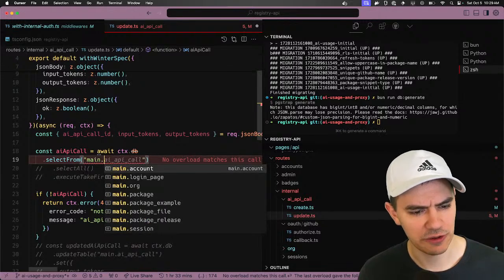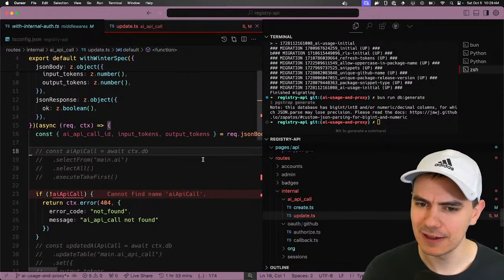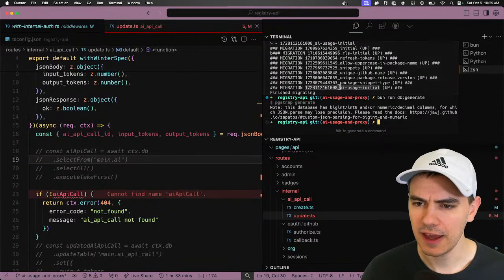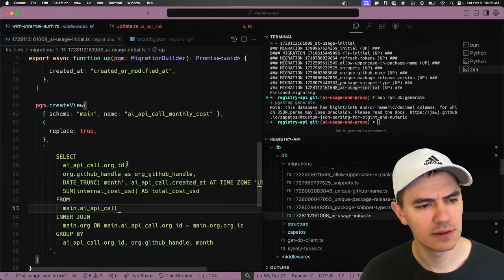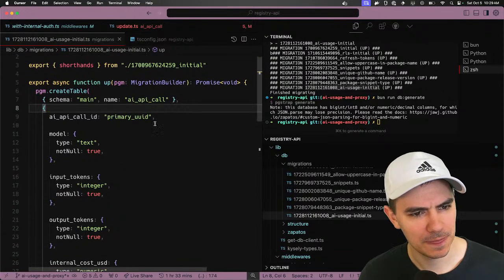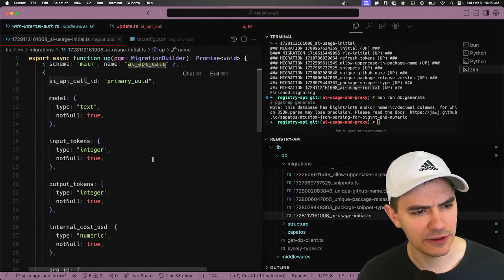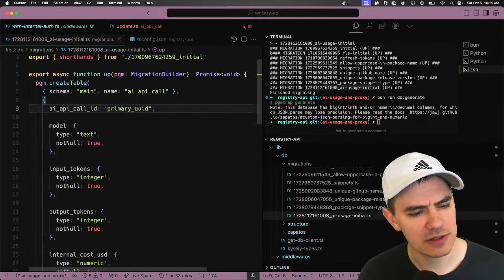This has a generated schema, so what is going on? AI usage initial up. I think that's where I introduce it. This is all back-end development, you know? AI API call. Oh, interesting. AI. No, that's right. Okay.